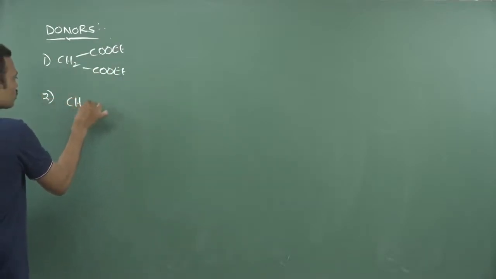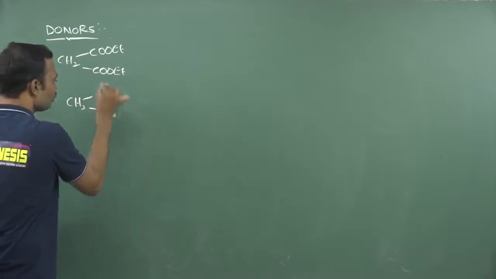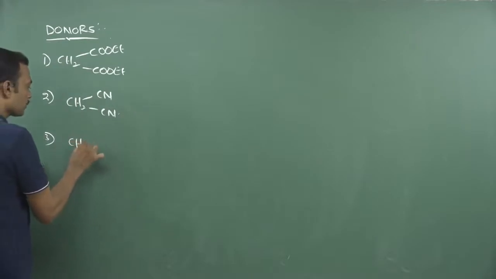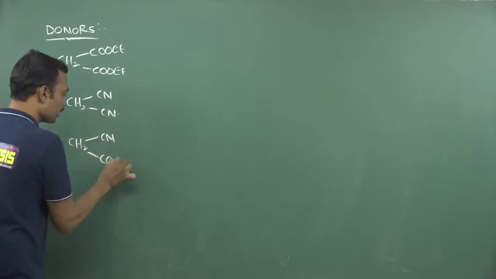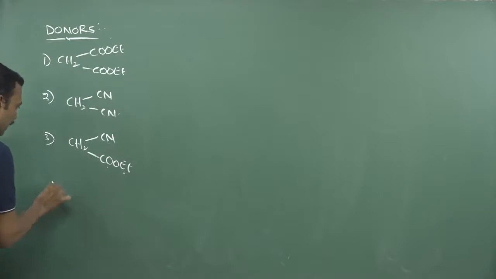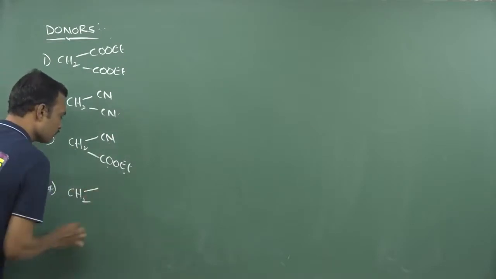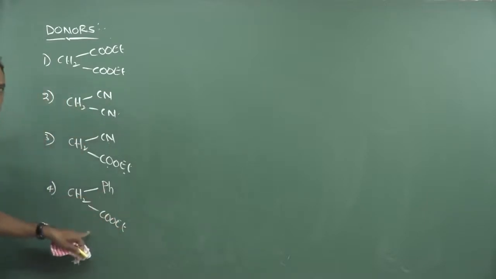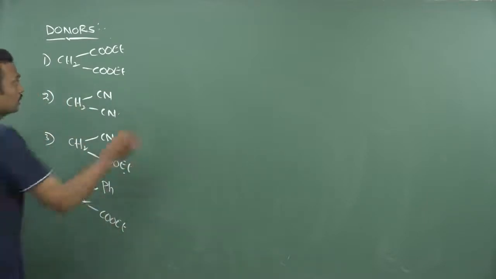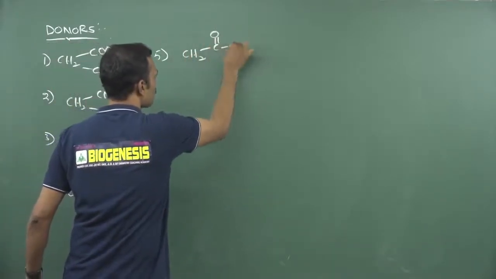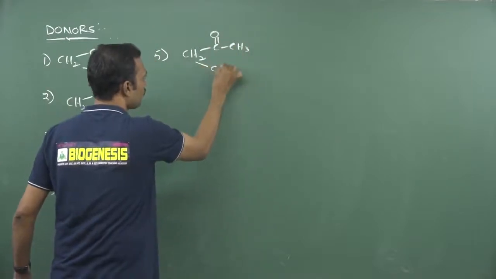And here we can also use a dicyanoalkane. Next, at this particular place, if I write cyano and here I write ester, this is ethyl cyanoacetate. And if I take one more molecule, here I write phenyl and here I write the same COOEt. This is called ethyl phenylacetate. Now here I am writing CH2, C double bond O, CH3. Next I would like to write ethyl.